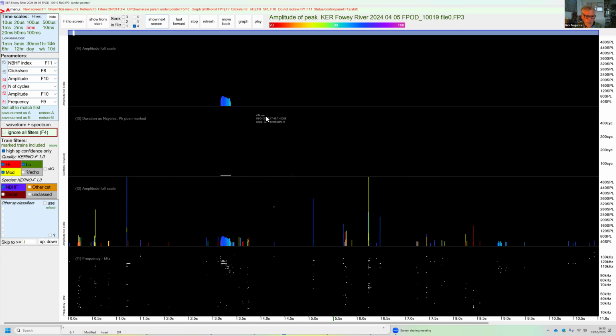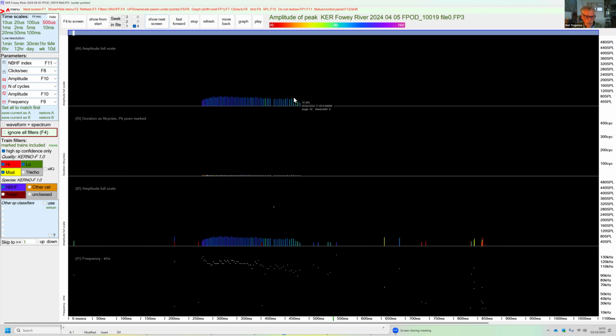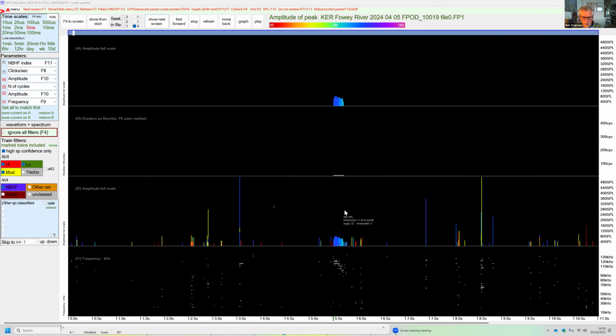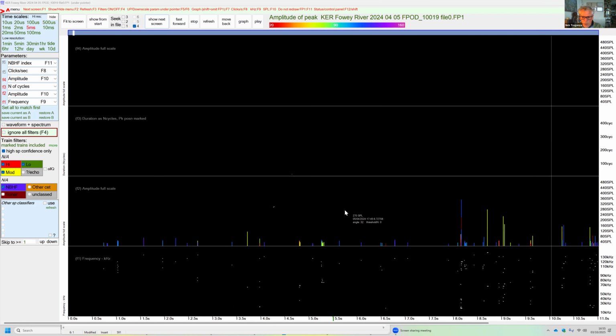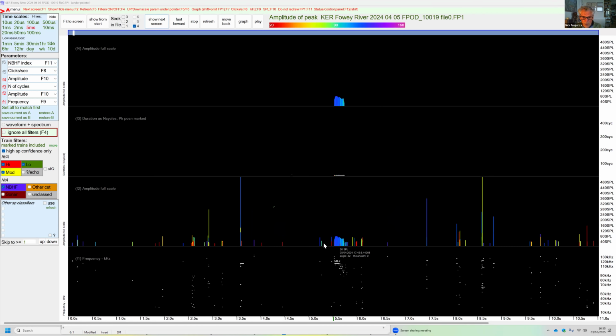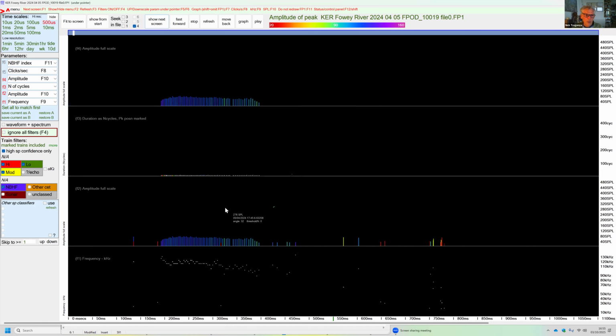So it's proposing this as a porpoise. This has got this downward frequency sweep, and gosh, I'm running late here. It's not got any kind of encounter around it, so it is quite a nice humpy profile, but it's isolated,